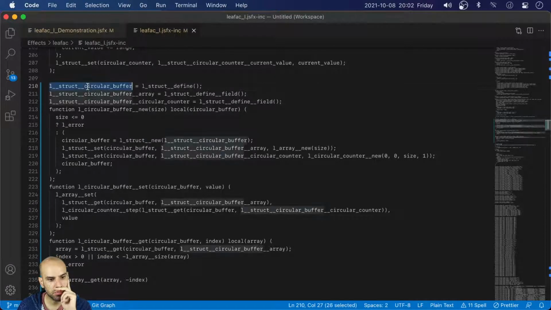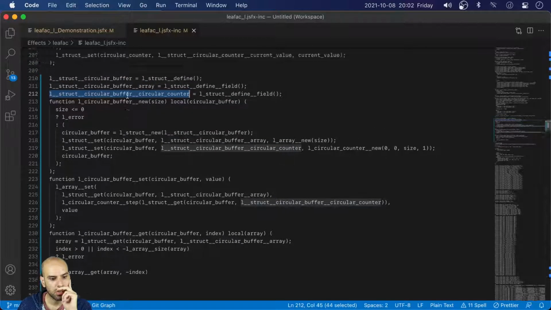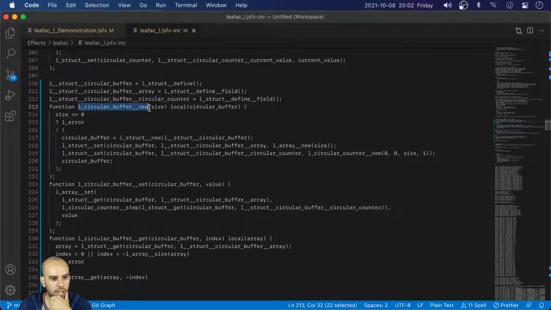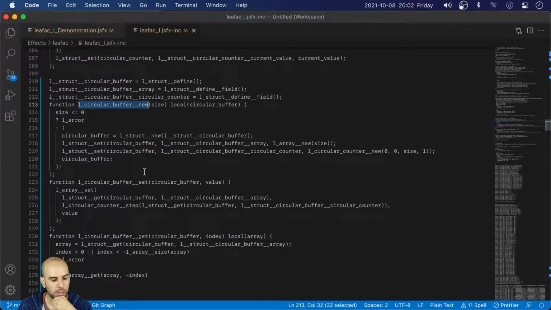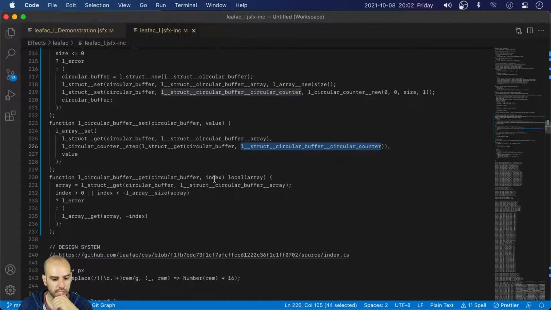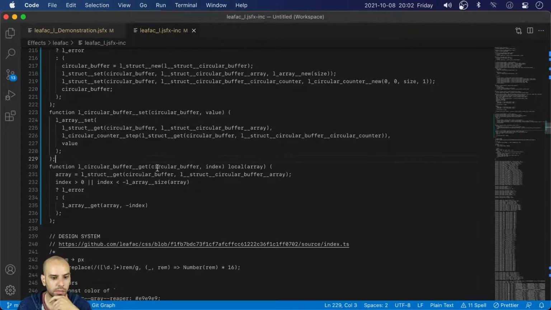So we have a struct for circular buffers that have an array and a circular counter. Oh, I didn't even finish implementing this. To create a circular buffer, I need a size that must be positive, and I just allocate this. I initialize with a new array and a circular counter. Then to set a value, I set into that array and step the circular counter in myself. And then to get a value,